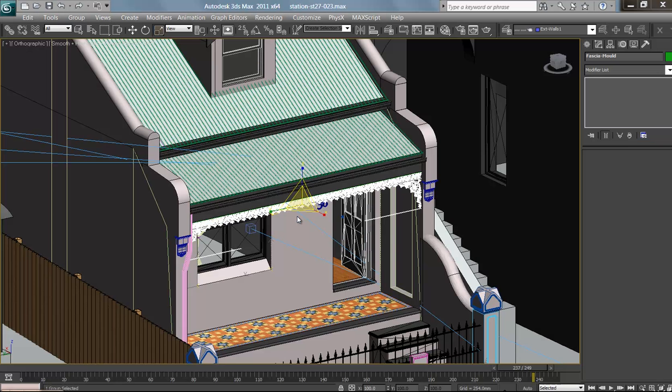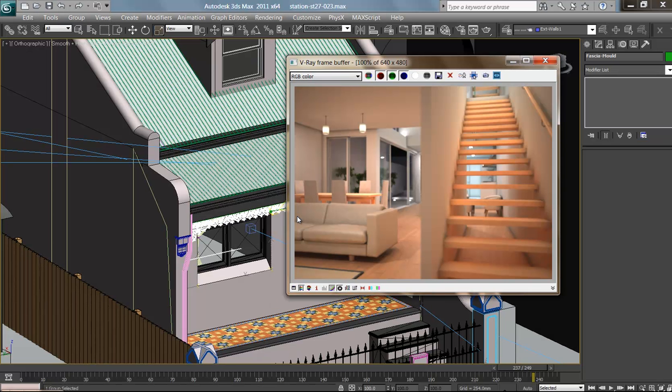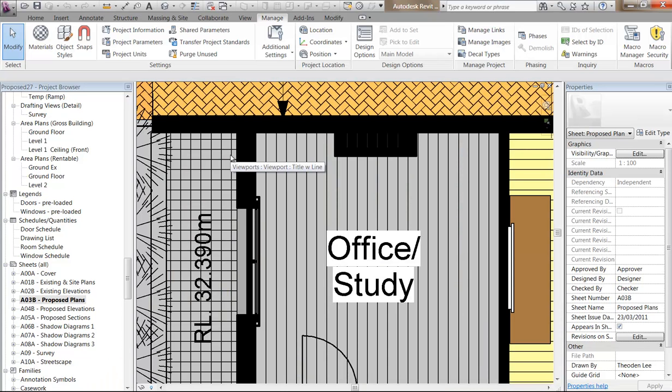So I've gone to Max. I want to go to Revit. Just to prove to you that this is mental ray in Revit, if I go to materials,